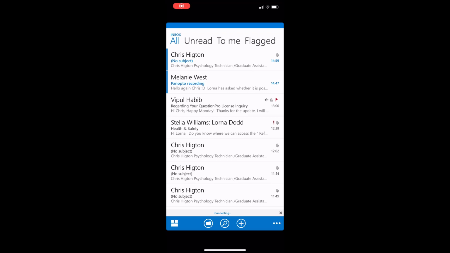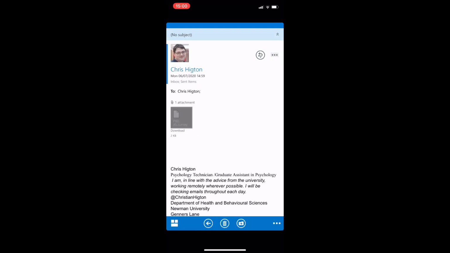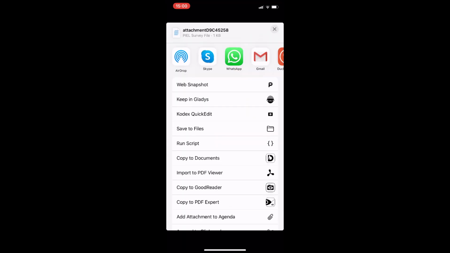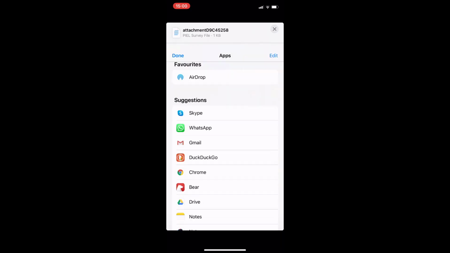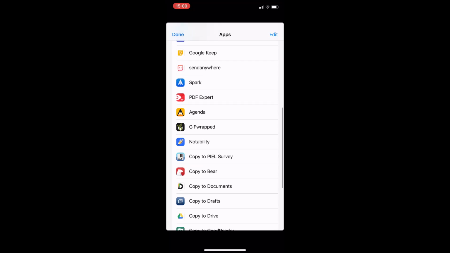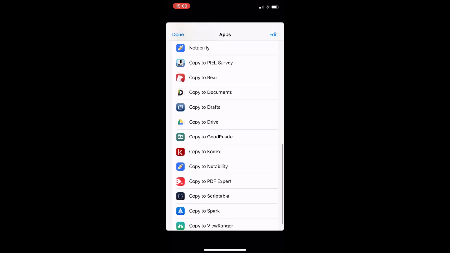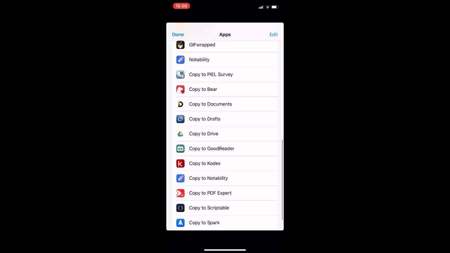So what I'm going to do now is go onto my email, open up the email and click to download. Then it will come up with a screen that looks like this, which might be slightly confusing, but I'm going to go share at the top, open in, and then swipe all the way to here, click more, come down here, and you're going to see an option which says copy to Piel surveys. Click copy,